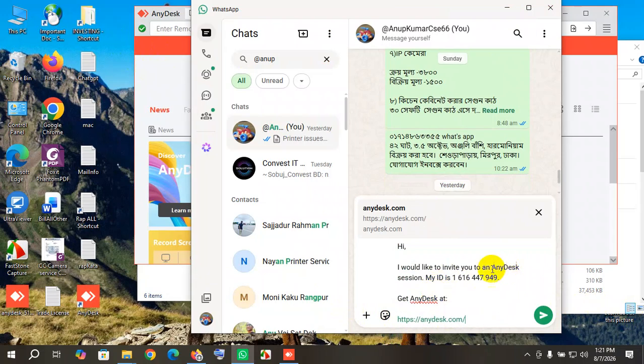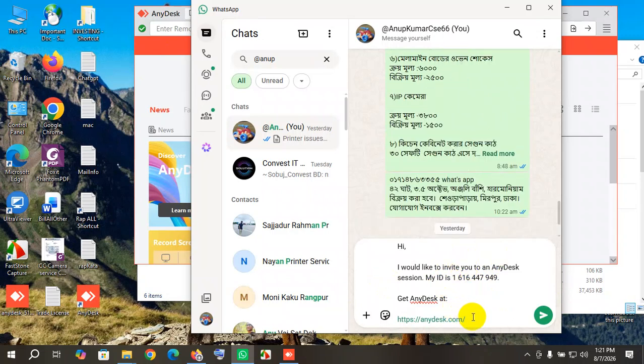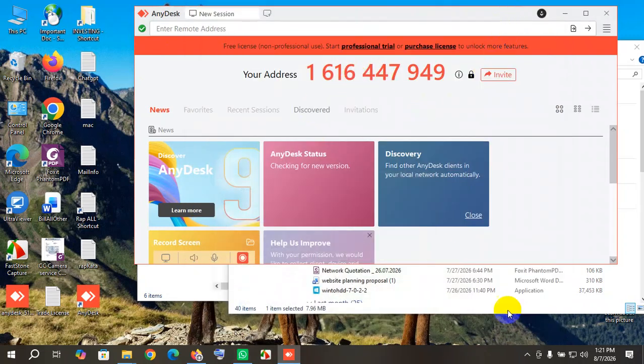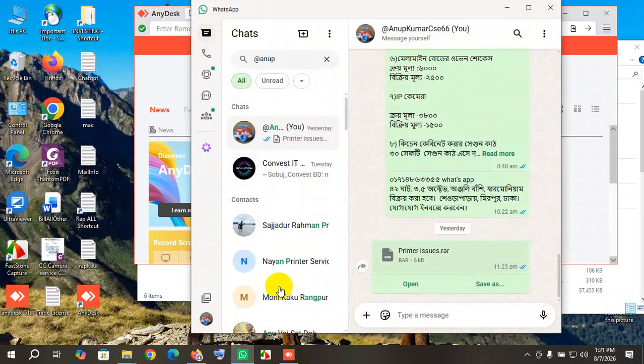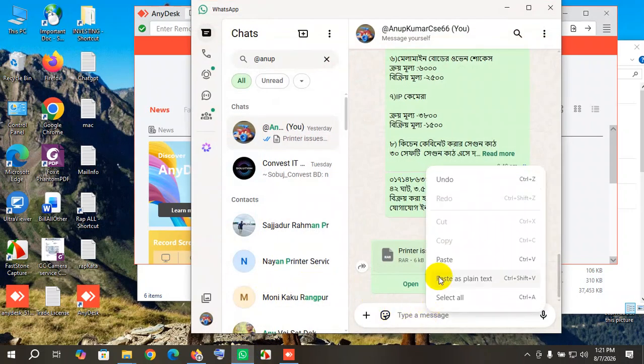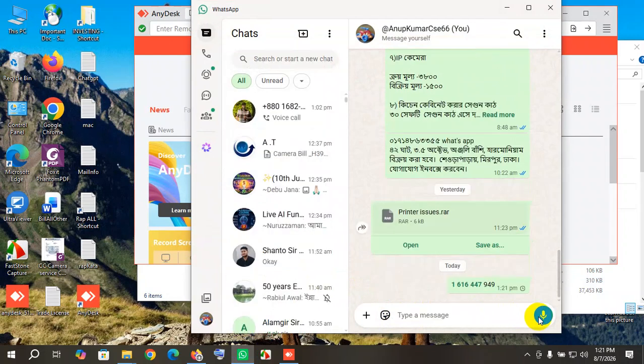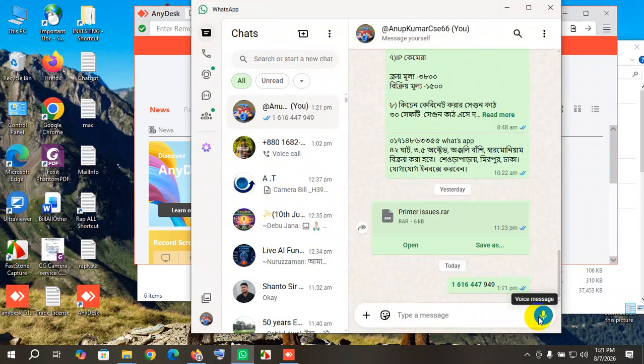There is also the option to create links for AnyDesk. They are also downloading, then their invitation. This is sending the codes. When the other user finds a code, they give a request, like I show you. I copy this address and send it to the user, paste, then send. When the user receives this address, they are